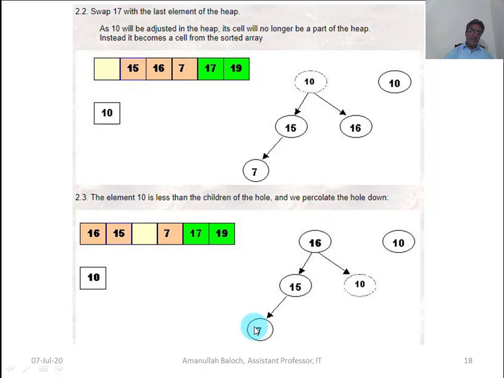So 16 will exchange with 7, the last element. In every cycle of the for loop of heap sort, the root node will be exchanged with the last element of the heap.